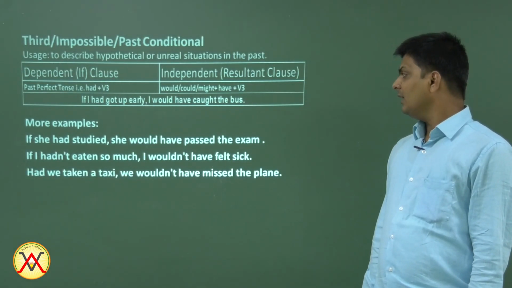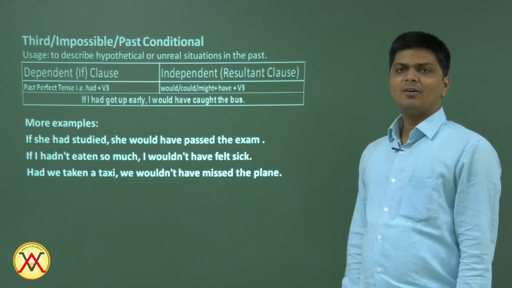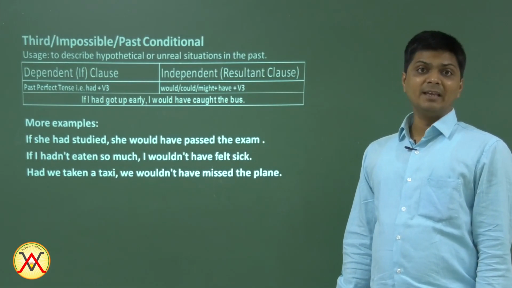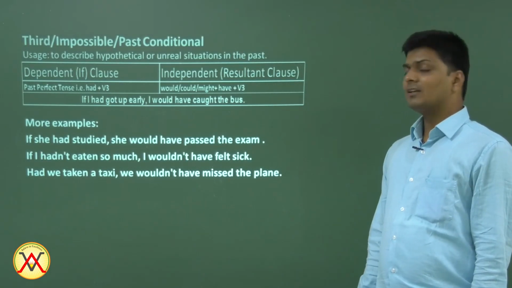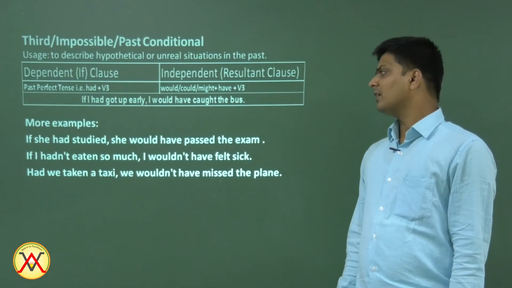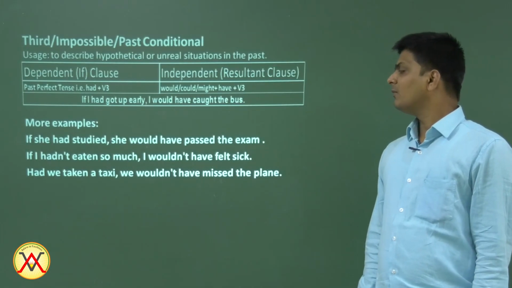Had we taken a taxi, we wouldn't have missed the plane. Well, we can eliminate this if, and we can start the sentence with had. Instead of saying, if we had taken a taxi, we can say, had we taken a taxi. In the same way, the first one,